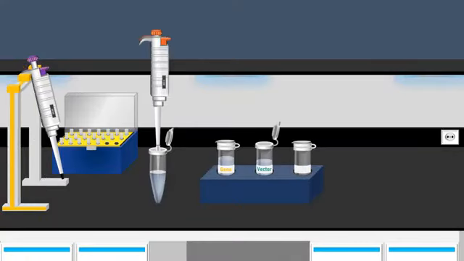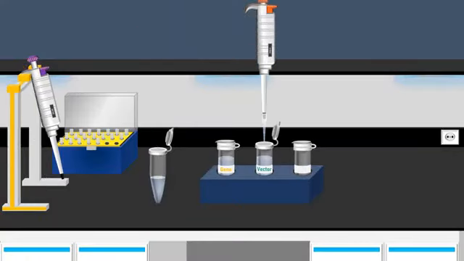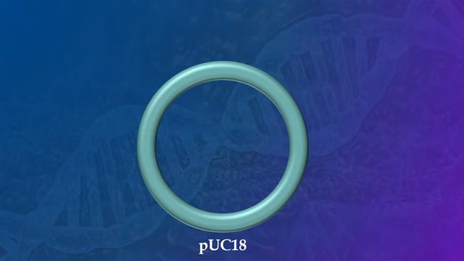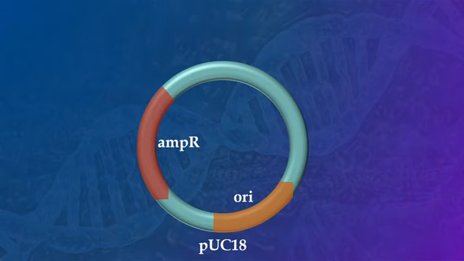Similarly, the plasmid vector is treated with the same solution of restriction enzymes. The most commonly used cloning vectors are E. coli plasmids, such as pUC18, which encompass 3 functional regions: an origin of replication that enables the plasmids to replicate independently of the bacterial cell cycle, a drug resistance gene, such as the ampicillin resistance gene, and a region where